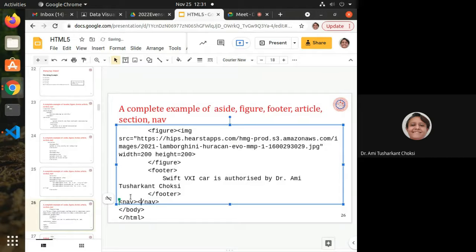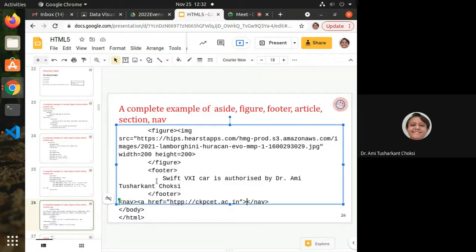Inside this, we'll be writing this A tag, A HREF equal to whatever link we want to provide. Suppose I am giving the link for our CKPCT ac.in. Okay, fine. This is our A tag, but it is available in the navigation semantic tag. So we just have to grab those navigation tags and we will get the information about which other pages are linked from this page. So that makes our life very simple, right?